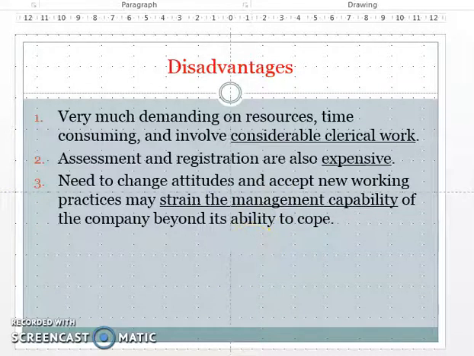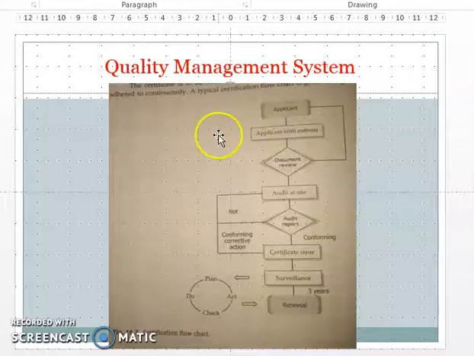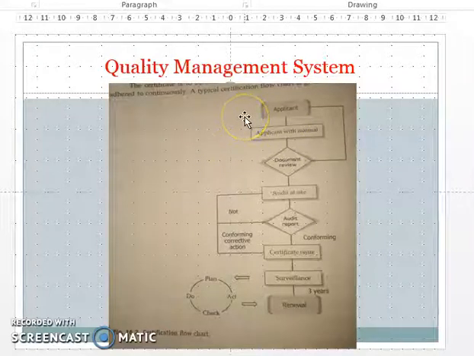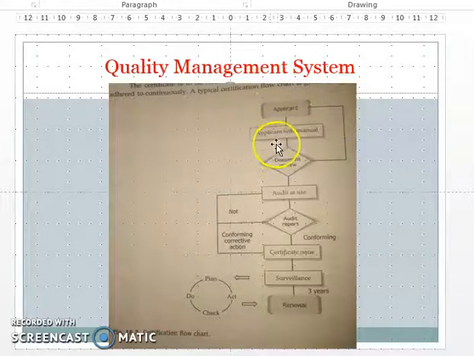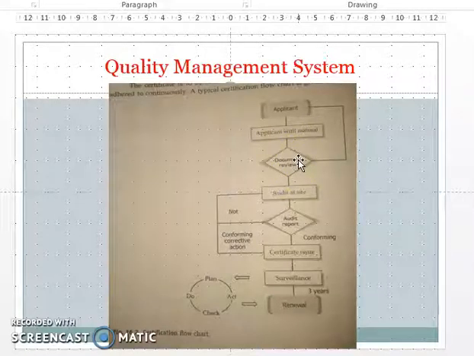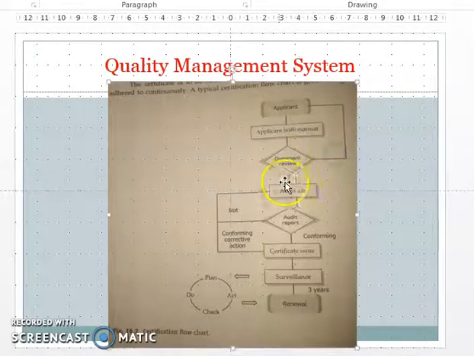These are the disadvantages, and we will see what is the quality management system, how you have to go for certification. In that you will find that first you have to apply for the quality management system. There is a department that gives ISO 9000. Okay, there are some national and international bodies who give this certification, and you have to apply for this. Applicants submit a manual, and you have to give the documents. You have to submit the documents, what you have done, how you have done, all these things according to their guidelines. The documents are reviewed, and